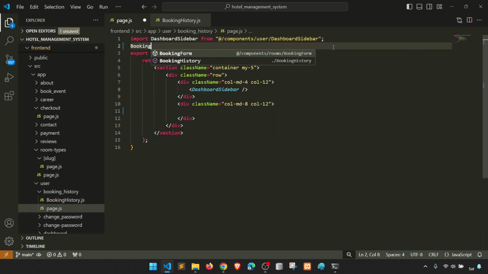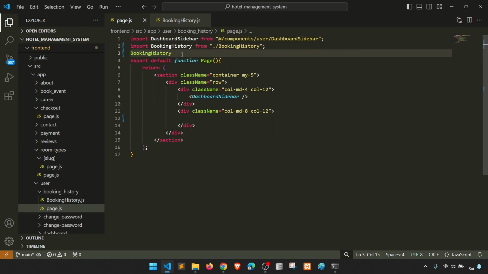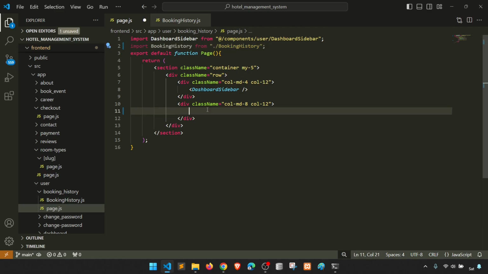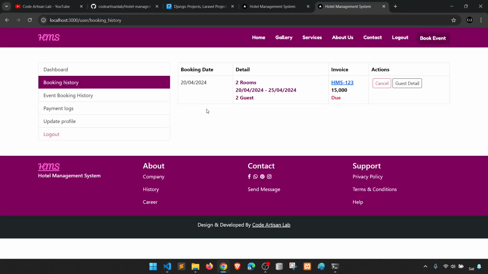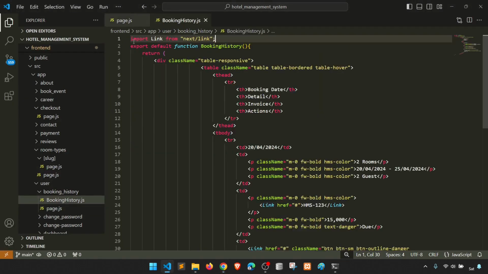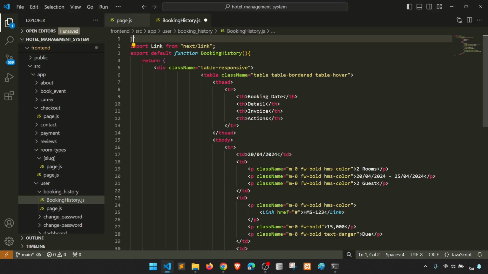So booking history, correct? Now this booking history will do here, correct? So this is working fine. Okay, so let's define this as use client,